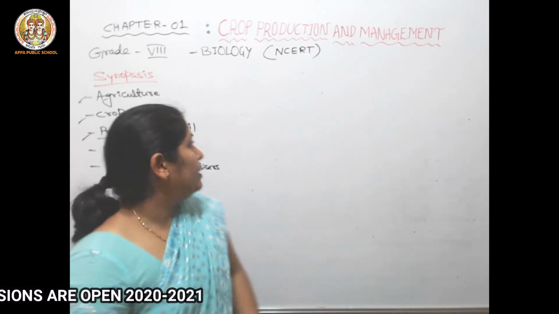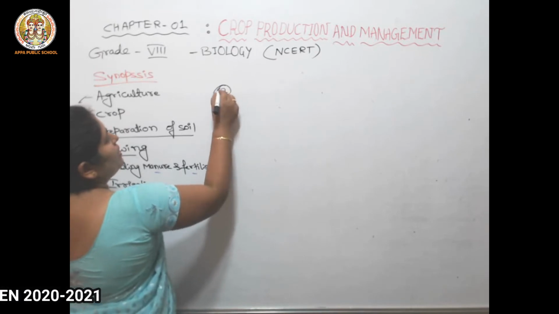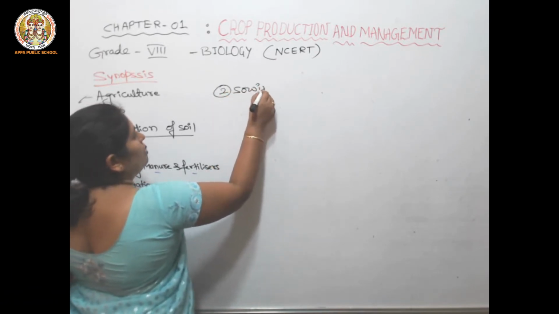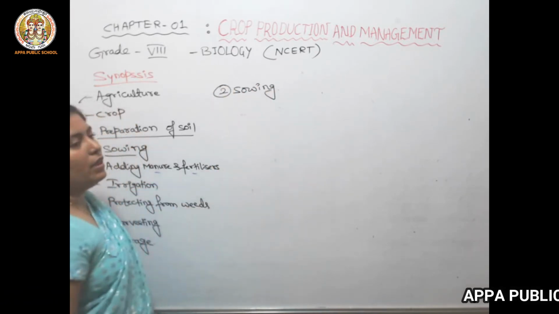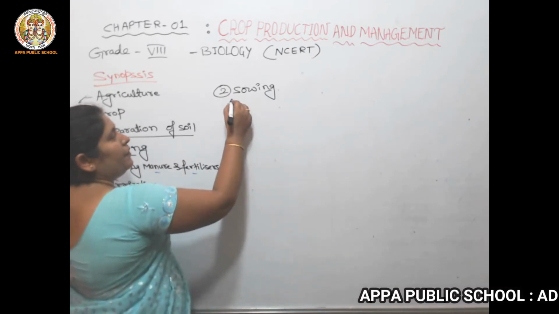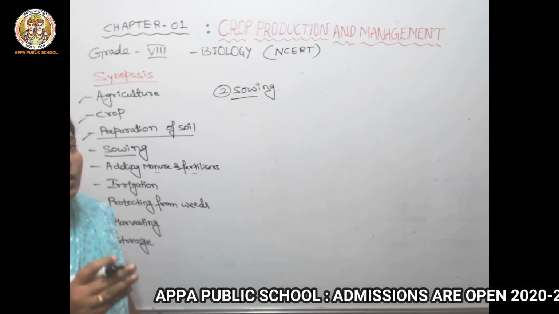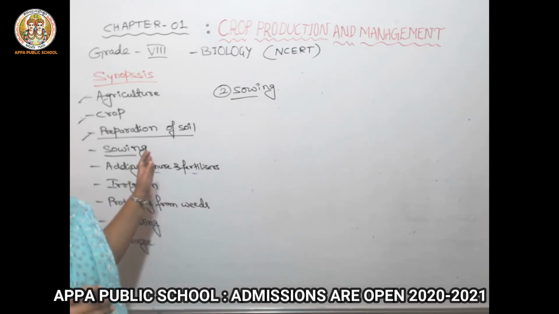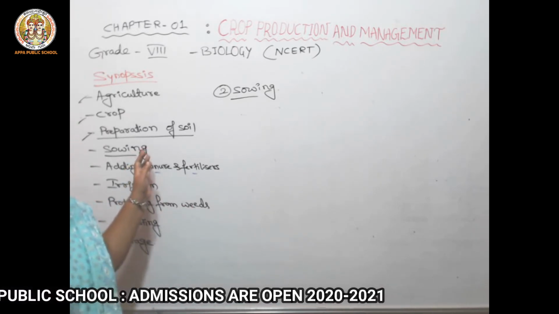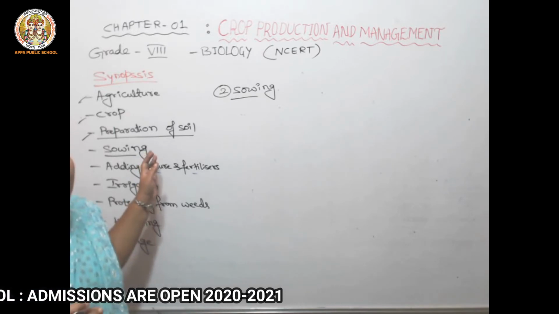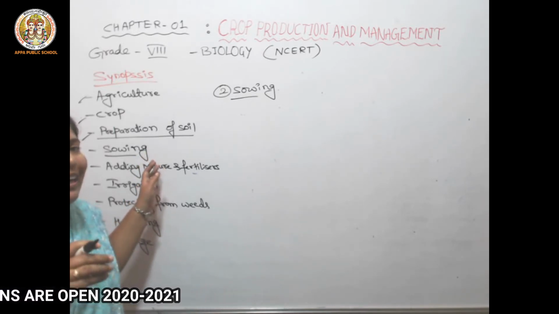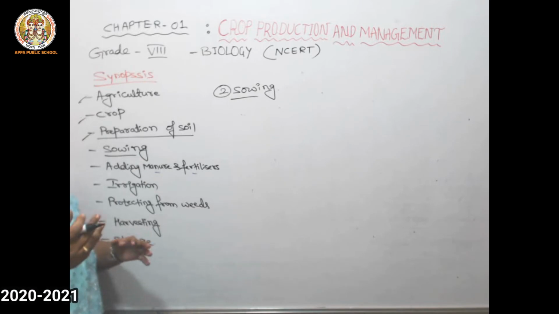Okay students, second step in the agriculture process, that is sowing, right? So here sowing means addition of the grains to the soil. Adding the grains to the soil so that those seeds can germinate and form the plantlets or nurseries of that particular crop plants and finally grow and mature, and we can go for harvesting and then we can obtain the